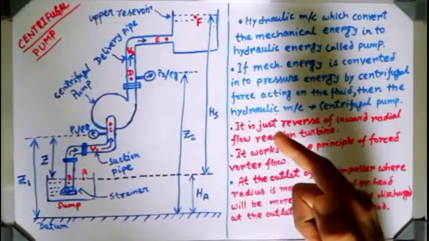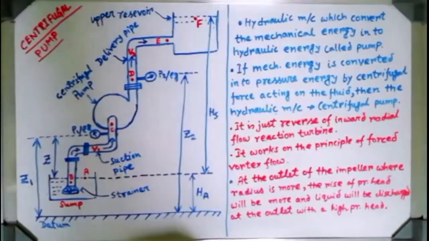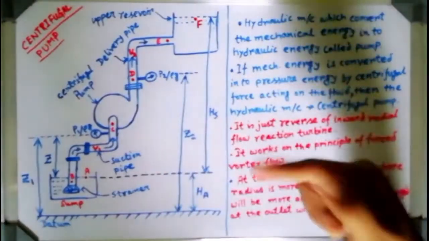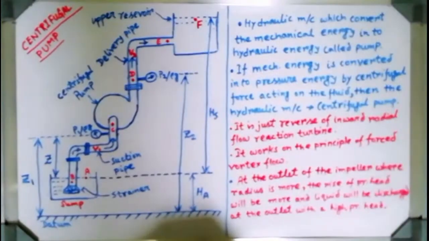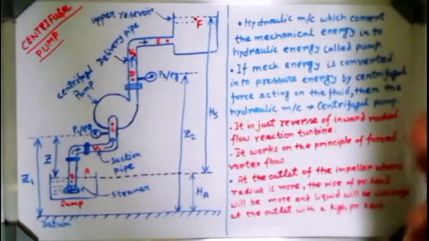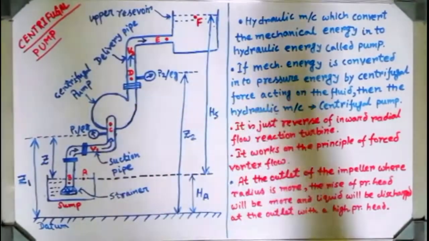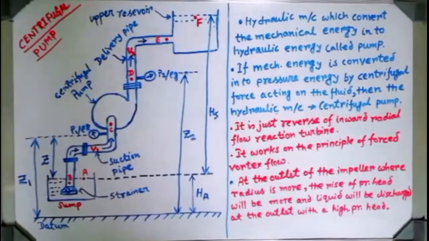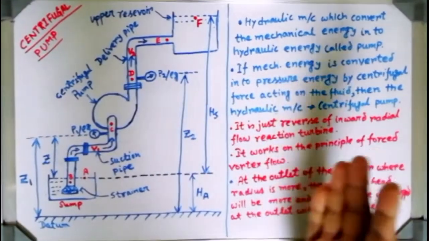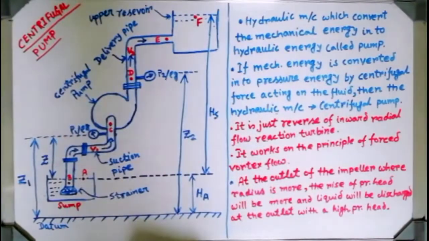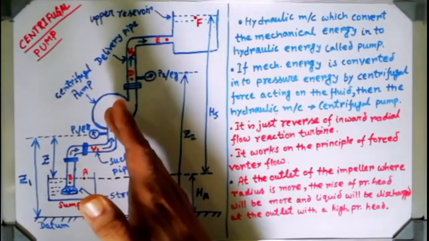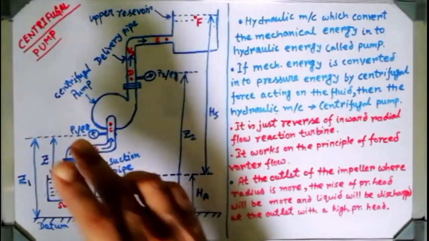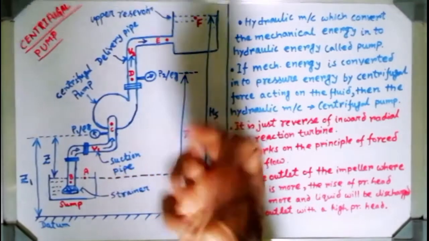That rotor will be rotating with the help of an electrical motor, or it may be an IC engine. Now if that rotor is rotating with a high RPM, then a centrifugal force obviously will be generated, and that centrifugal force will be imparted on the fluid which is entering the pump. If it is water, then that pressure will be created on the water. If you use any other liquid, obviously a liquid should be used, it may be water or any other liquid, it will gain some pressure energy.